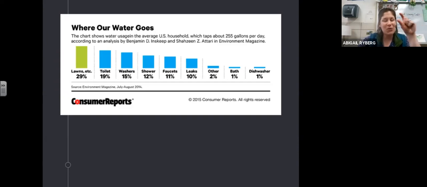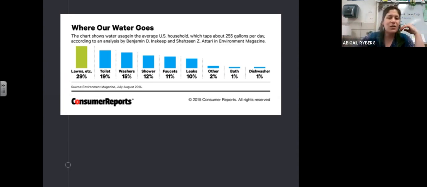So this is within the US and within households. I wondered, where does the average household put their water? You have to remember from what I just talked about that this is such a tiny glimpse of the water that we actually use in a day, right? This is only the water that you're paying for. So when your parents get their water bill, this is what they're paying for, but keep in mind the amount of water that goes into the clothes you're wearing, the meals that you eat, the drinks that you drink. All of that stuff also requires an even larger amount of water. Anyways, I wanted to try to find somewhat of a reliable source of the breakdown